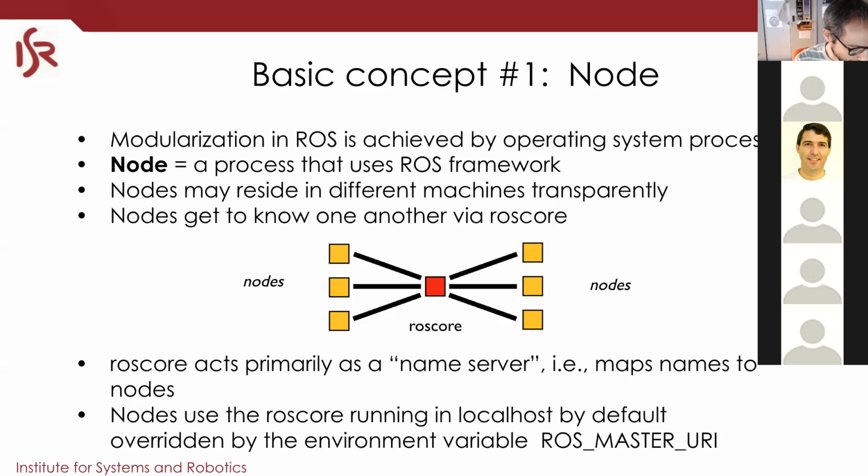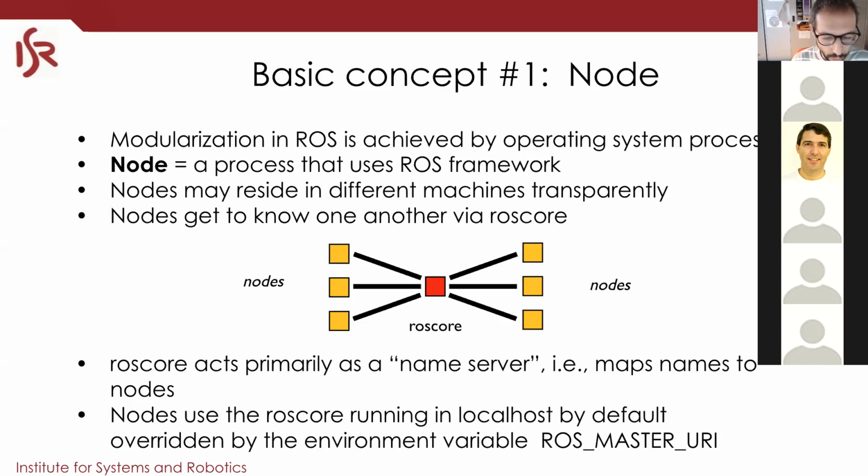Another setup, which we used some years ago in the Monarch project, where we have multiple robots and we do not have this single point of failure, is to have a single ROS core on each robot. So inside the robot, you have one ROS core, which all drivers communicate with, and there are mechanisms that allow ROS cores to communicate between themselves. And so for one node in one single robot, it was as if you had a big ROS cloud, so to speak, even though you had multiple ROS cores talking together. The basic setting is a single ROS core, and then we have the nodes communicating between them.